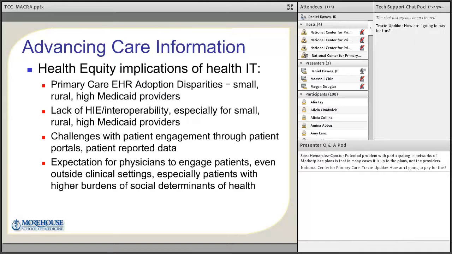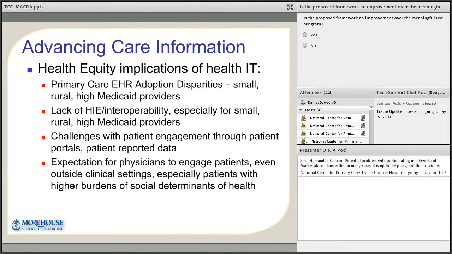In terms of the health equity implications of health IT, we know that primary care electronic health record adoption disparities really apply for small, rural, and high Medicaid providers. We have seen that there's a lack of health information exchange or interoperability, especially for these groups of clinicians. And there have been challenges with patient engagement through patient portals and patient-reported data. And this is really interesting because as this is weighted 25%, we are concerned that providers that serve these disparate populations actually would be penalized, because a lot of this is going to require some level of patient involvement, and it's very hard oftentimes to get these patients to